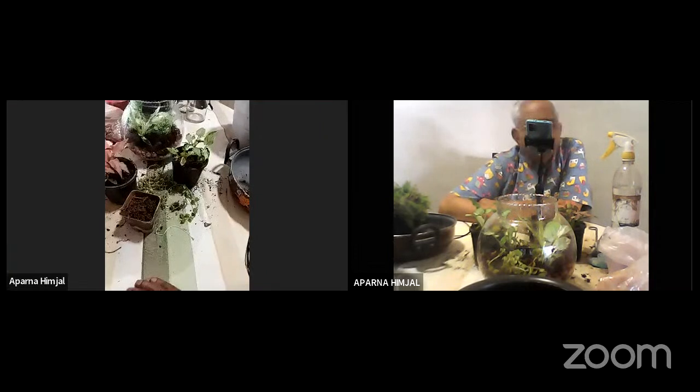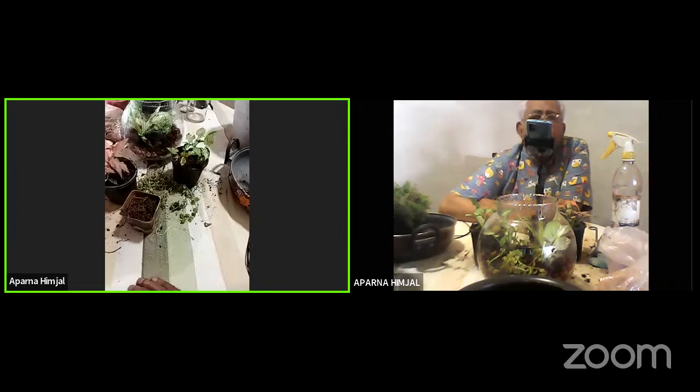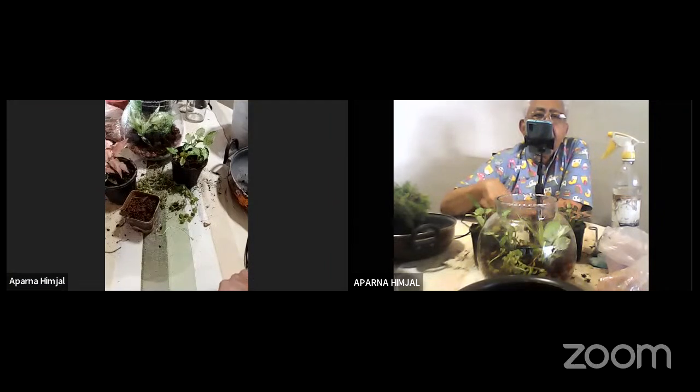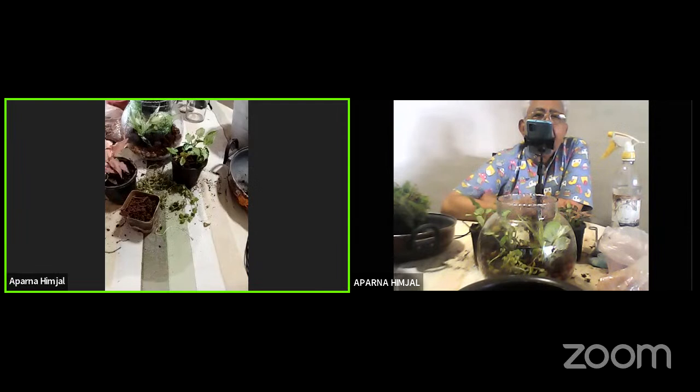Sir, first time you told to water for 50 sprays. But again, when to water it next, sir? Yeah. So if it's an open terrarium, every 2 or 3 days, just stick your finger into the soil. If you feel that the soil is damp, you don't need to water. If you feel that the soil is a little dry or it has become hard, then you need to water. Then you water again about 20 sprays roughly for an 8-inch bowl all around, and direct some spray at the